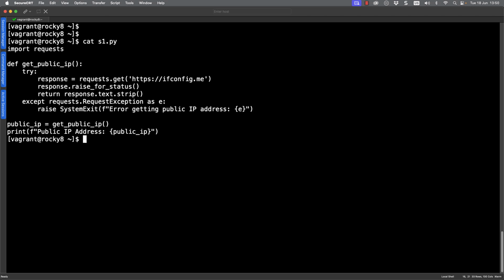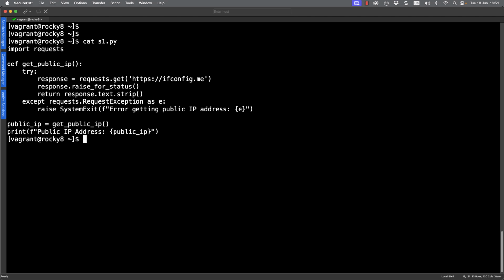We look for any HTTP error coming back in our raise_for_status. But if everything is okay, we can then return response.text. The strip method is just making sure that we remove any leading and trailing white space. For any exception, we manage that exception by printing out the error message.